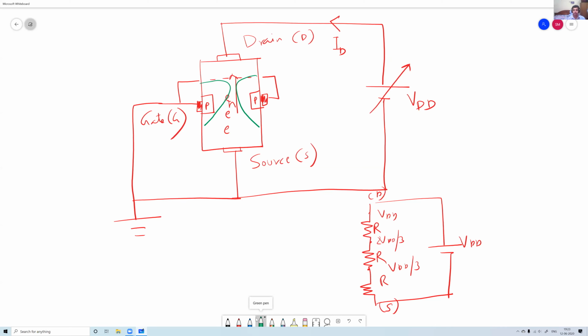Okay, good. Now what happens if I increase this and these two depletion regions start to touch each other? Almost touch, not fully touch. What will happen? The channel which is there for current flow goes on contracting and contracting. Depletion region. The reverse bias voltage is higher as we move on from source to drain. So obviously the depletion region area would be higher. So the depletion region you can see is much wider near the drain as compared to the source.